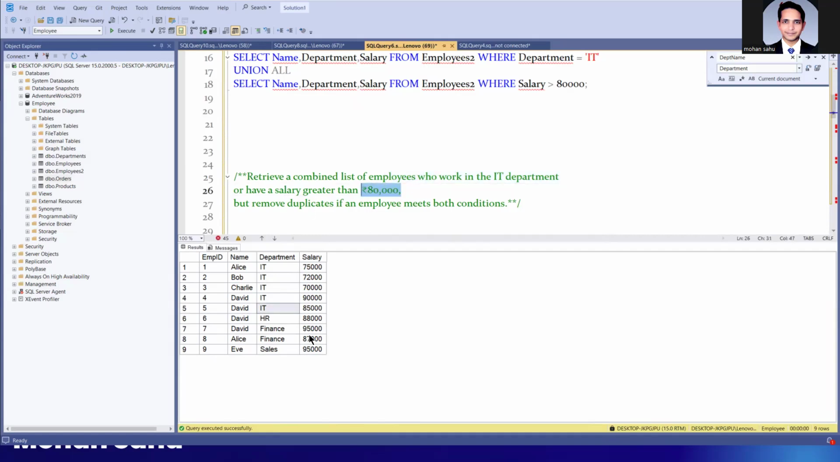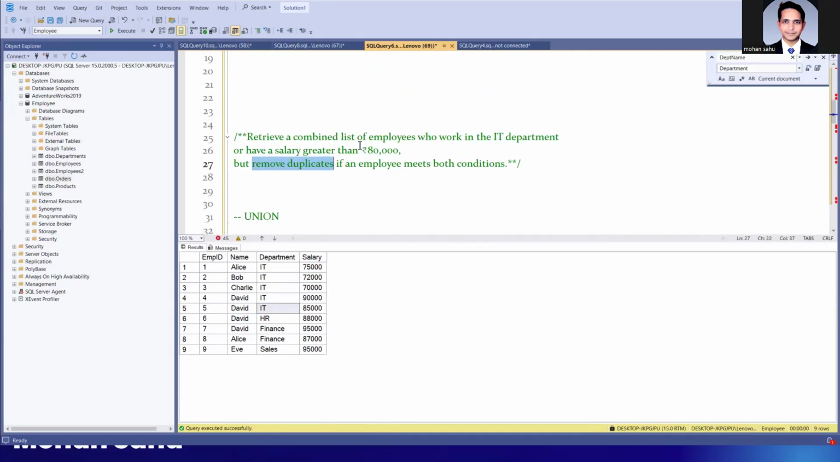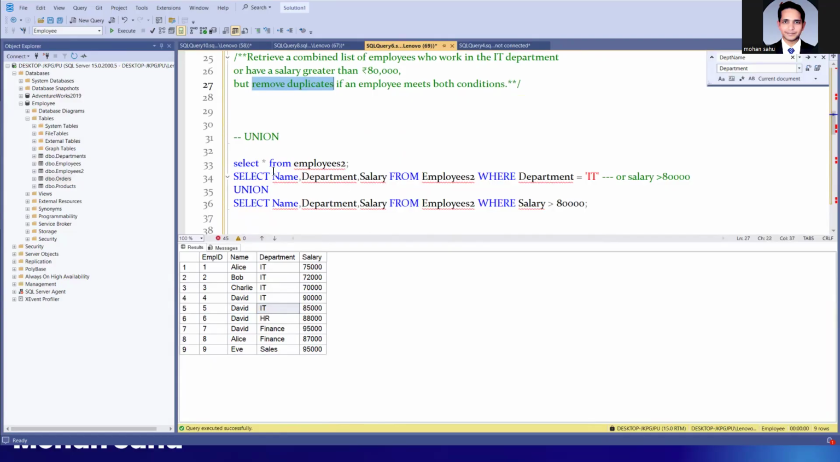And for 80,000 or more, we have 6 employees who have more than 80,000, but we want to remove the duplicates. So in this case, where we want to remove the duplicates and have only unique rows, we use the union operator. So here again, it will give us the